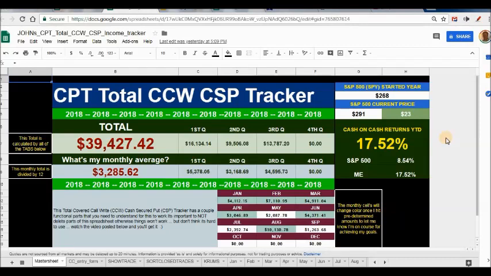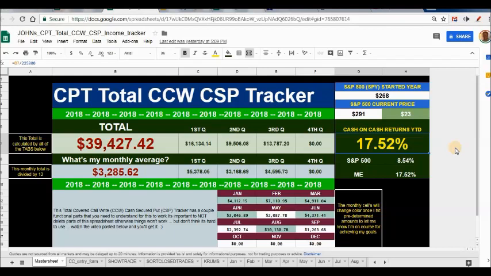Now, I have some work to do, but hey, look, if my year ended right now, $39,000, are you kidding me? But more importantly, look at that over here. Right now I've made 17.5% cash on cash, beating the stock market. Now, last year I made 18%. Now the stock market was up 22%, but 18%, 17.5% this year? Look, without doing much heavy lifting, if you learn this strategy, you get excited, you get motivated, and you get your experience, you too can have this cash on cash success and beat the market like I am.